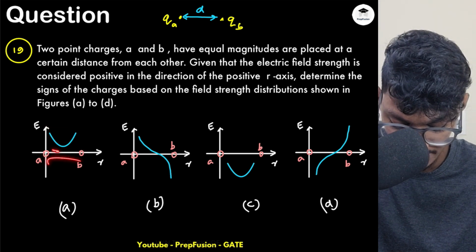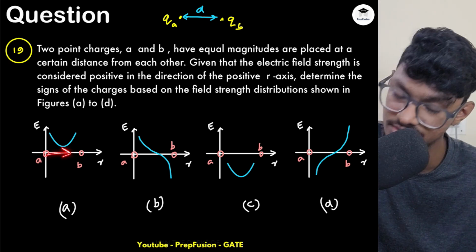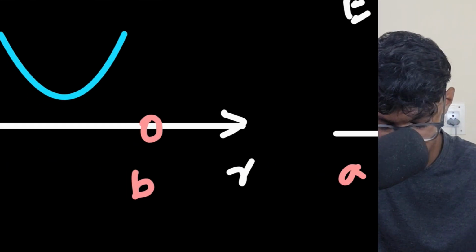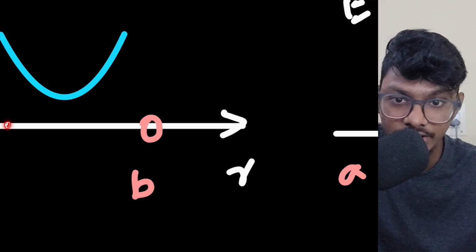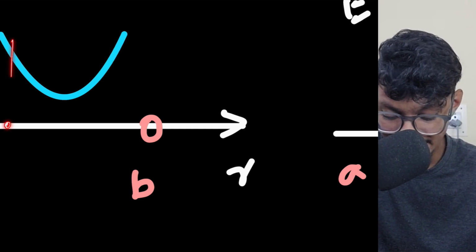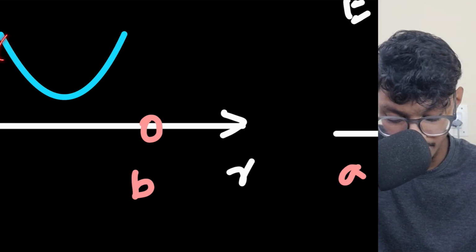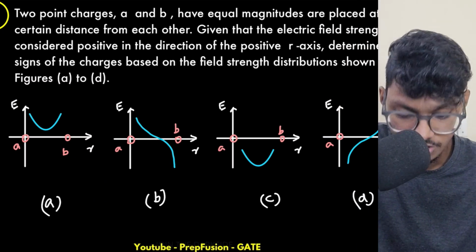If I place a positive charge here, the electric field intensity is in the plus r direction, very high. Why high? Because this plus q naught will be very near to the QA. Hence the distance is very small, hence the electric field will be very, very high. But this is in the positive r direction. So here I can observe